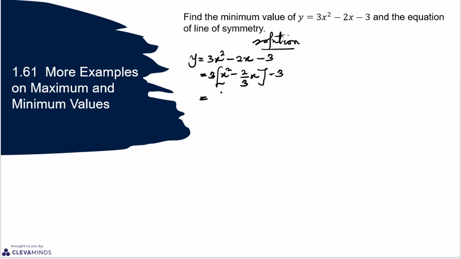So we have 3 into, now what's the coefficient of x? The coefficient of x is negative 2 over 3. So we come here, negative 2 over 3. We halve the coefficient of x, that is, we divide it by 2. So that gives us negative 1 over 3, right? Good, because this cancels out this. So then we square the result, and that gives us 1 over 9. So this 1 over 9 is added to this expression in the bracket,